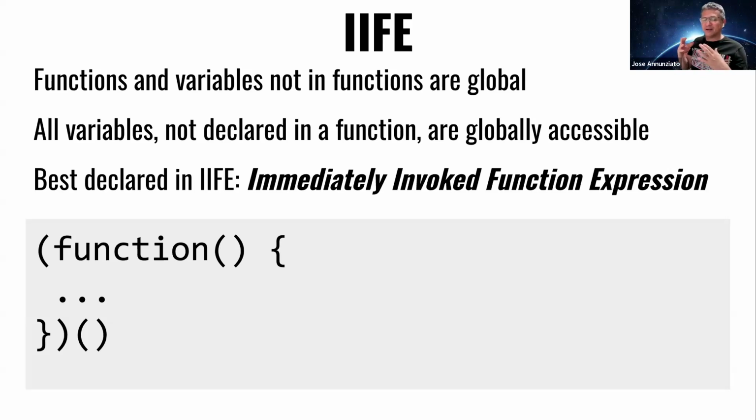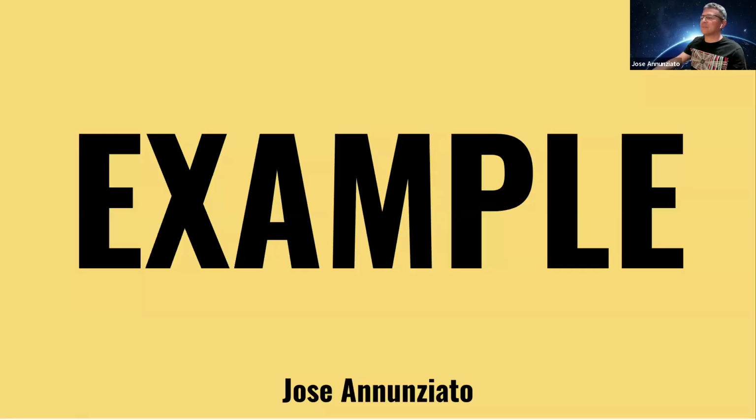And one of the solutions to this issue was to declare everything in a function, right? Variables that are declared inside of a function are hidden from prying eyes outside of the scope, right? So we could use functions for creating scopes, right? So again, this was a hack early on in the language. We're no longer going to be using this technique. All right,